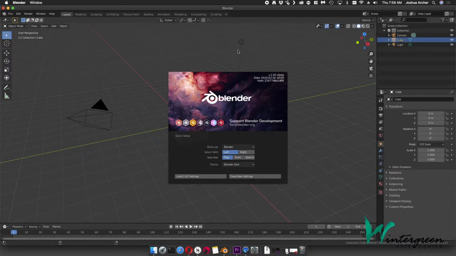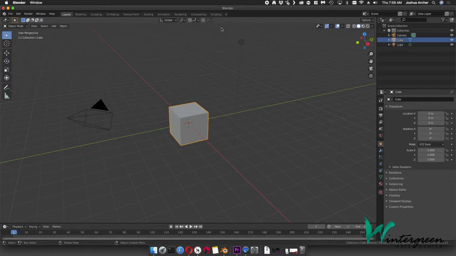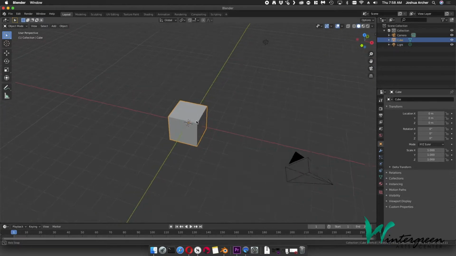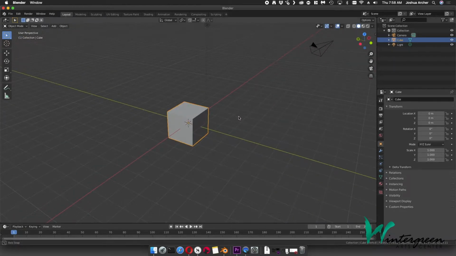I'm greeted with my Blender splash screen. I'm going to click on that to make that go away. And again, we have our 3D scene. And in that scene, we have a lamp or light source, a cube, and our camera. Today, we're going to focus on adding meshes like the cube to our 3D scene, as well as deleting meshes from our scene. So if we go and take our default scene, I'm using the middle mouse wheel